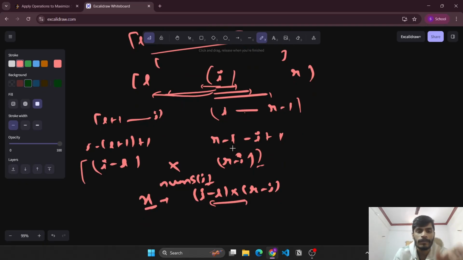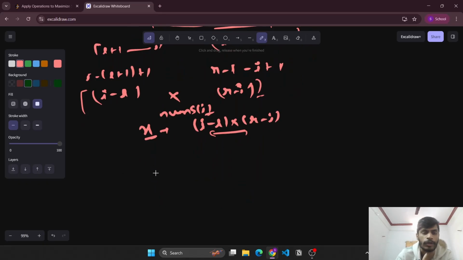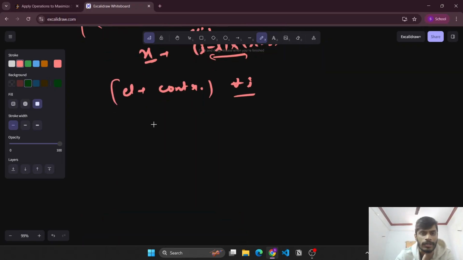So before moving on, let's see how we will find the final result. Suppose we have calculated these two values, and for each element we have its contribution. So for each element I, for all I, we have this value. Now, to maximize the score by applying at most k operations, we first choose the element which is greater. So we can simply sort the elements in decreasing order